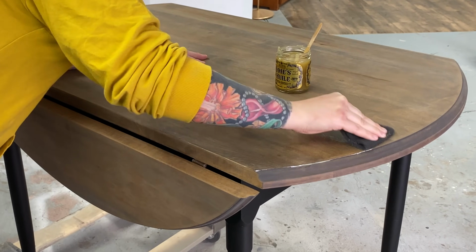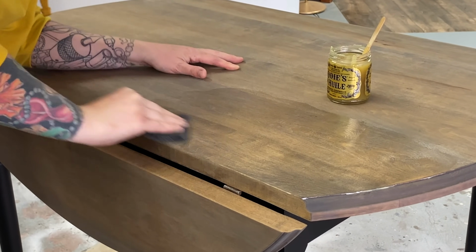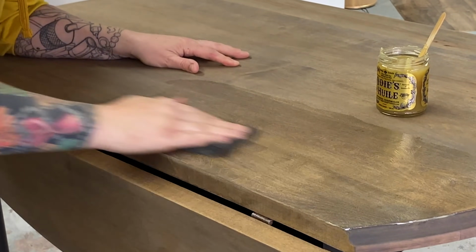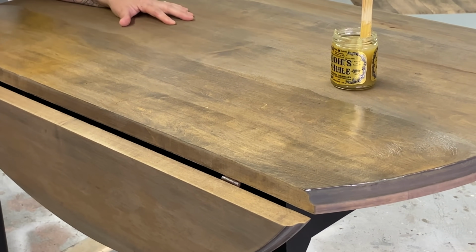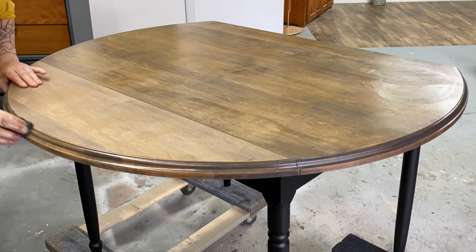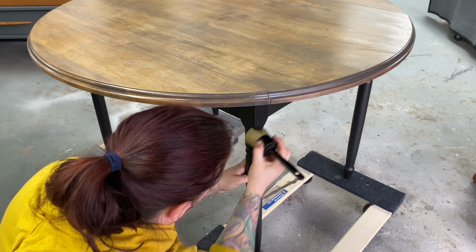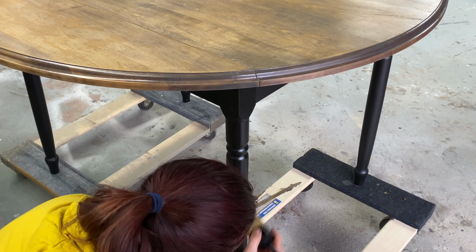So all you do is apply it with a very fine grit sanding pad. You want to make sure that the sanding pad, it's not like sandpaper, it's an abrasive pad. You want to make sure that the grit on that pad is higher than your last sand coat. So on this one, I'm using an 800 grit abrasive pad over a 320 grit sanding, which is perfect in this situation. I'm going to be applying a second coat of Odie's Oil in about 12 to 24 hours